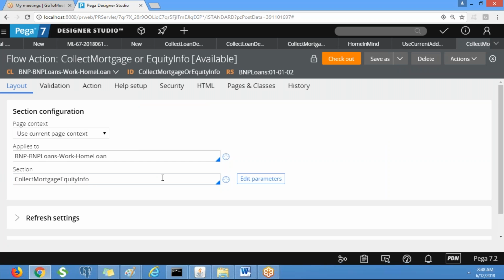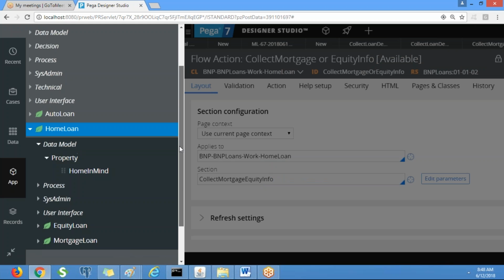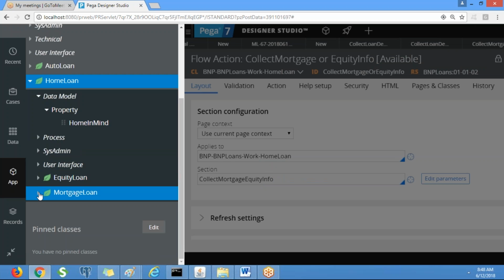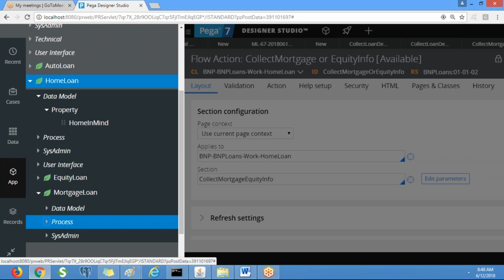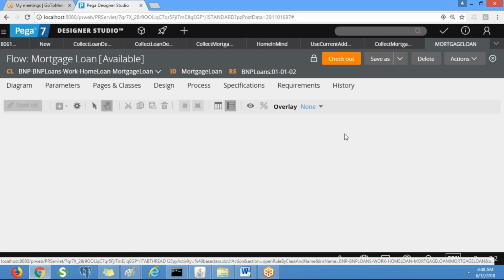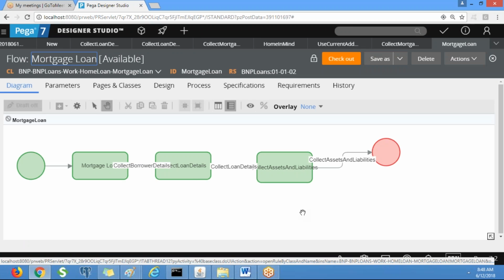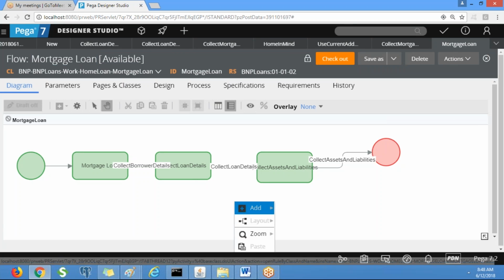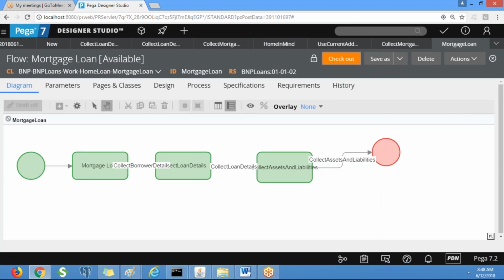Okay. Next, go to the mortgage flow and add the screen in between collect loan details and collect assets and liabilities. Check out.